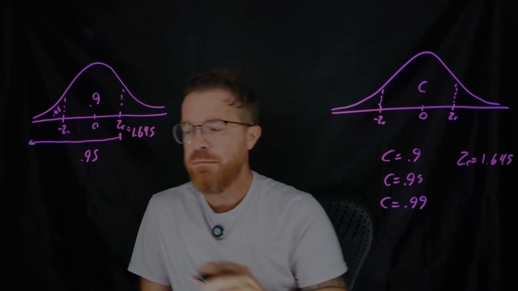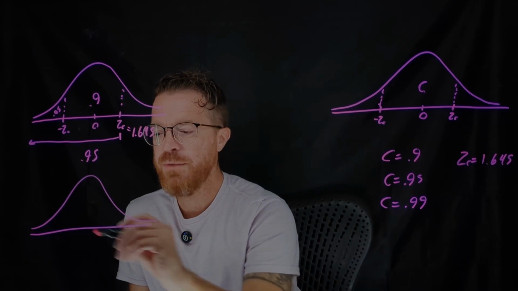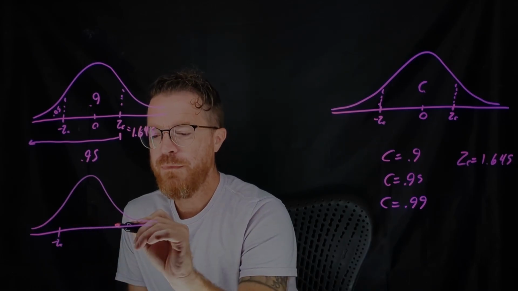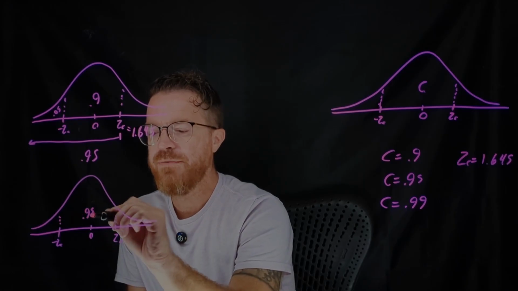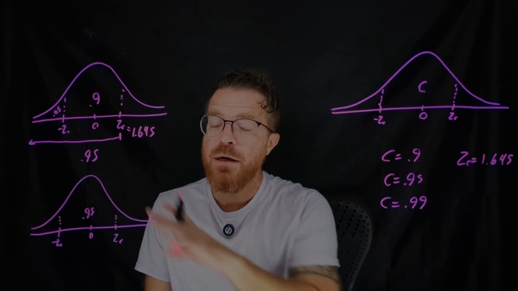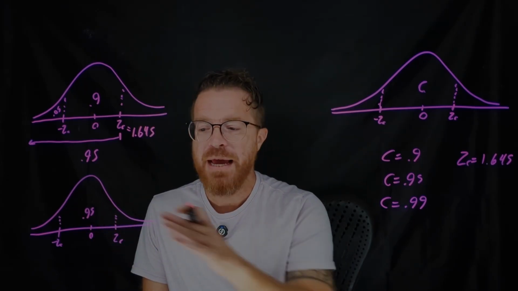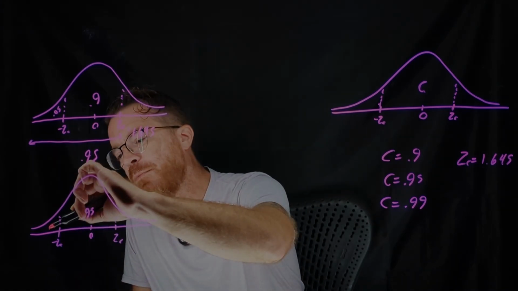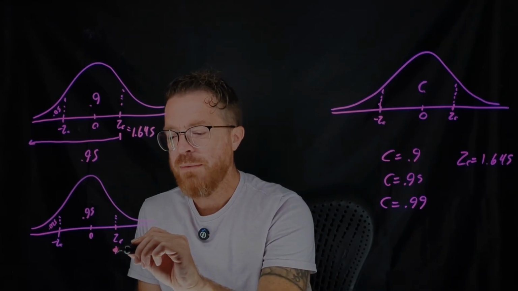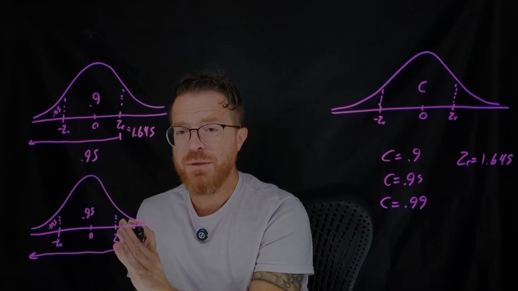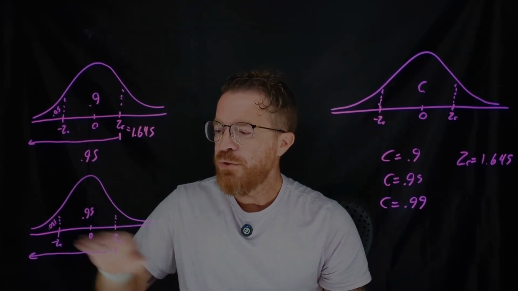Let's do another example. Let's see what it would be if we had a confidence level of 0.95. So in this case, we've got our normal distribution. We have our negative z critical. We have our positive z critical. And this accounts for 0.95 of the data. Now, if 0.95 of the data falls in this confidence interval, that means that 0.05 falls outside of it. Half of it's to the right, half is to the left, meaning that I have 0.025 to the left of this. So if I look at what probability I would have to the left of this value, like our inverse probability, then it's 0.95 plus 0.025,